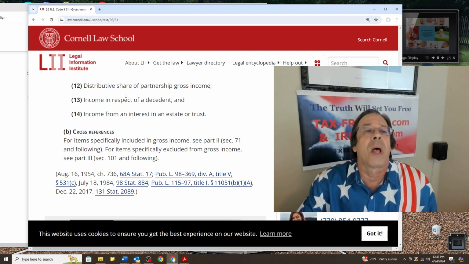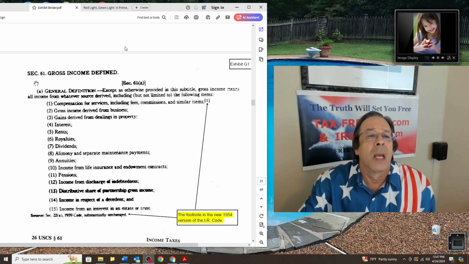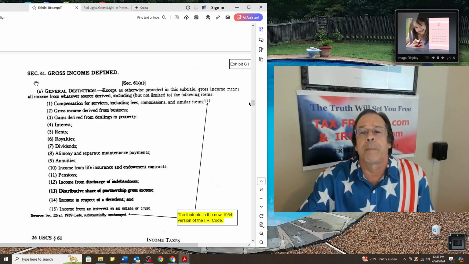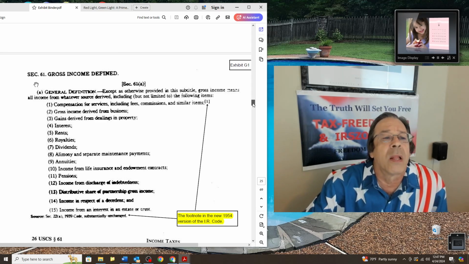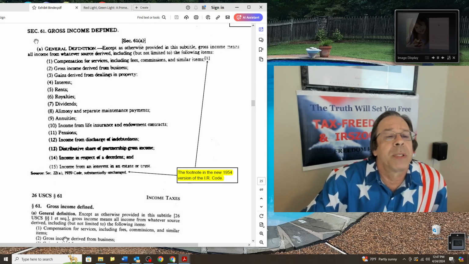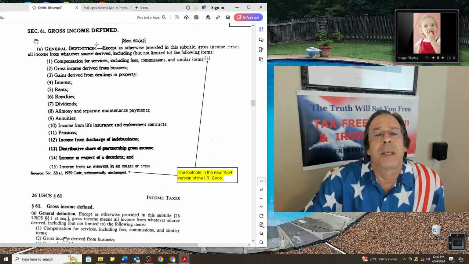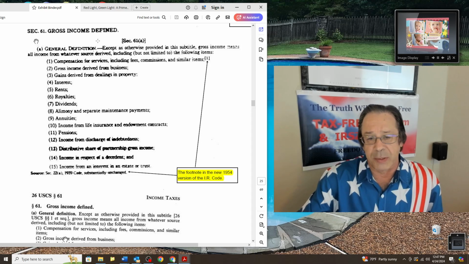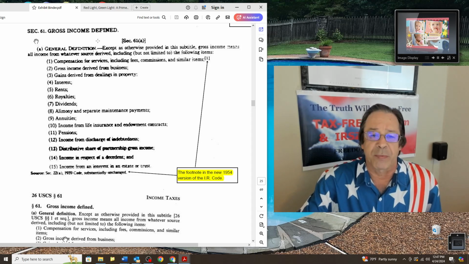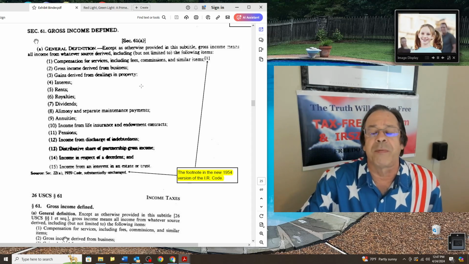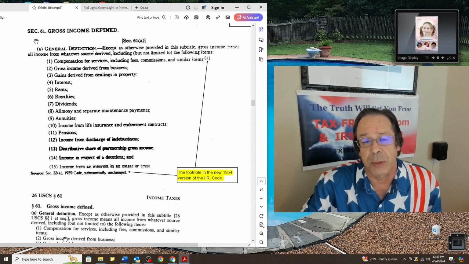So I went to the law library and decided to look this stuff up. And what I found at the law library is that you had section 61, and I looked this up in the United States Code Annotated, which is a more complete version of the statutes than just the regular United States Code. The United States Code Annotated version contains all of the source and resource information that you might want to review in reviewing the history of a particular statute.